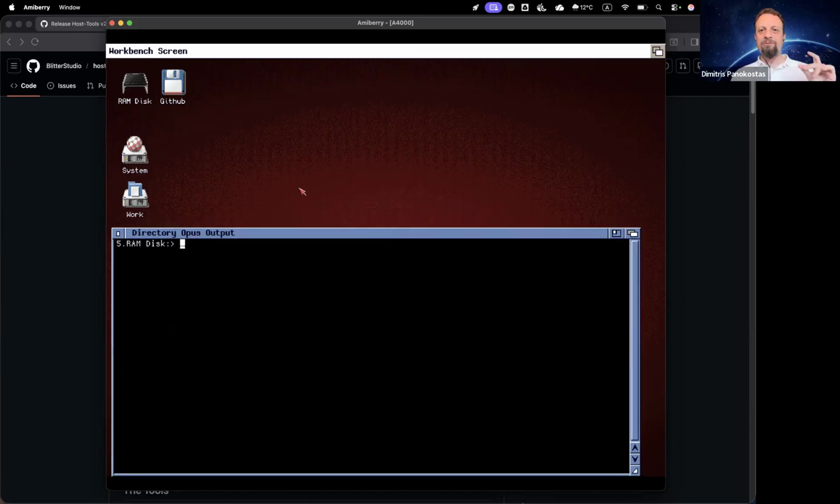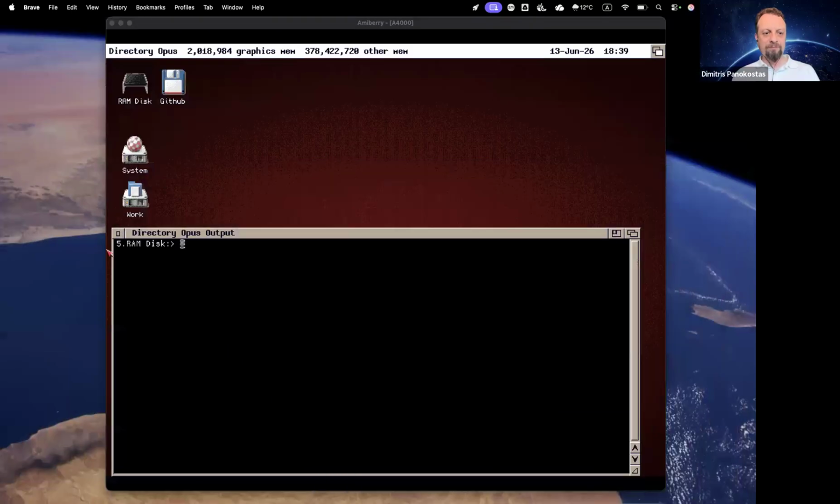Now here, before I start showing you around, just a little bit of a disclaimer. These two drives are hard files in amiBerry, which means they are basically big images, hard file images. They are not directories in the host operating system. This one, on the other hand, GitHub, is a mapped directory of the operating system. That matters because I will show you in a bit what's the difference between those two. So in other words, macOS sees these two as two files, which are,